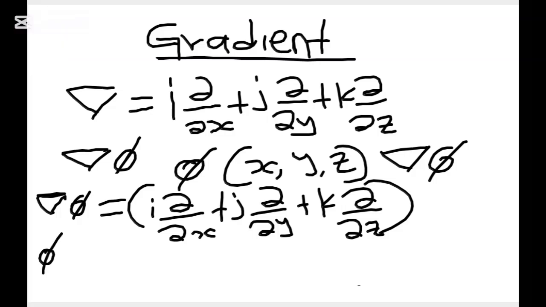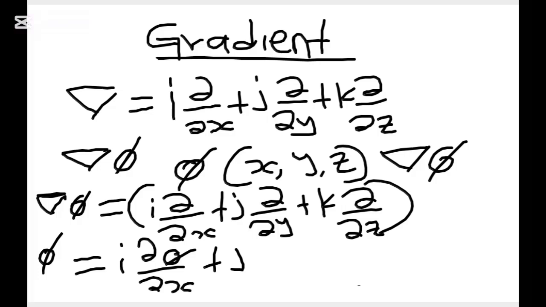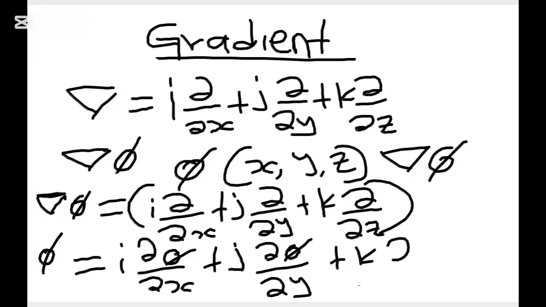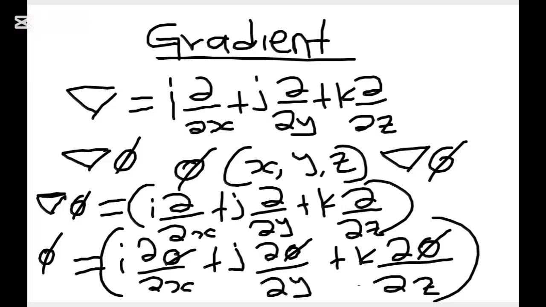And for psi, it is the same thing: i partial psi by partial x, plus j partial psi by partial y, plus k partial psi by partial z. You have to notice that del psi is a vector field,